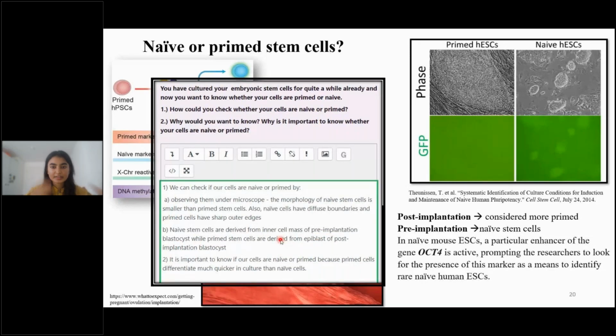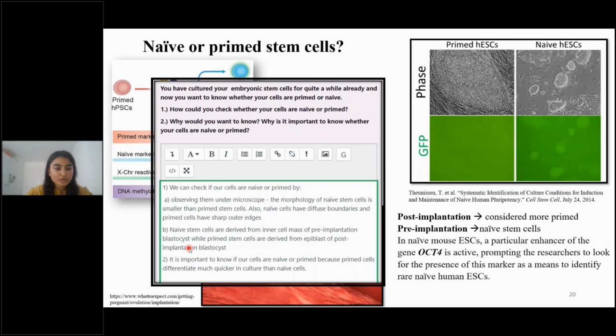So when we see a blastocyst forming, after some days the blastocyst will go and attach to the uterine wall, right? Once it attaches to the uterine wall, we say it is either pre-implantation or post-implantation. So these are the two stages. When it has not yet attached to the uterine wall of the female, the pre-implantation blastocyst will have all naive cells, and once it gets attached to the uterine wall, it will have all primed cells. Primed is basically, now it knows that it has attached, it will start differentiating. So these are the main differences.